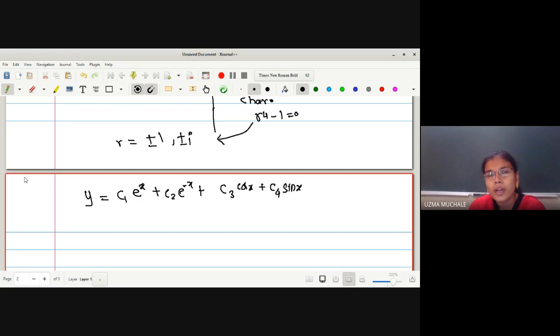If suppose I want to write down the solution in the form of cos, sin, tan, cot, why are we writing in the form of e raised to x only? We can write in the form of tan, cot, sec, cosec, sin, cos. Many functions are there. Why every time whenever you solve the differential equation, why do we write in the form of e raised to r1x, where r is a root?